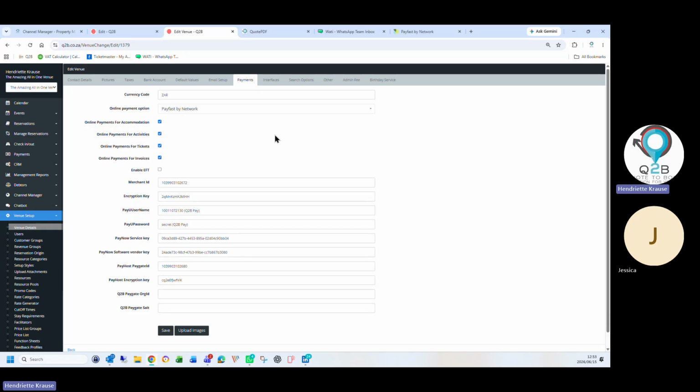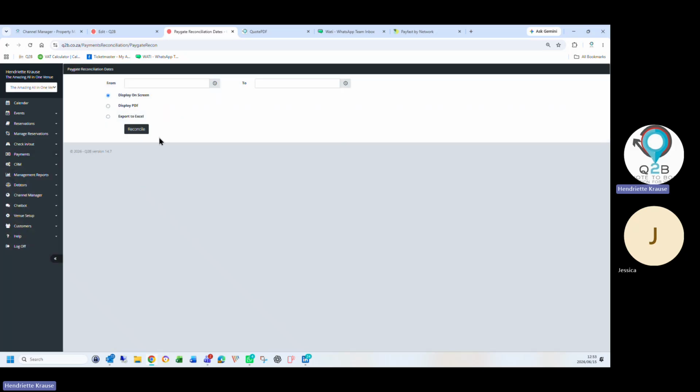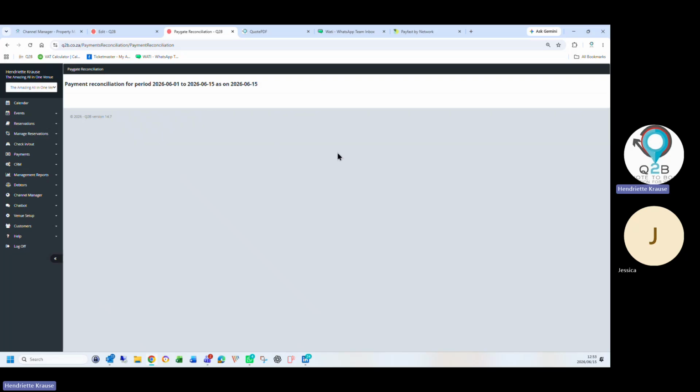With us, it goes directly from the bank to you. So our payments are much quicker to our clients. It's 24 hours, then you'll get the money in your bank account. It's not coming to us. Okay, cool. So directly from the bank, they will deposit it directly into your bank account. Then, of course, we keep a nice recon for you, so you can see all your online payments directly in Q2B. We reconcile it for you here, what's coming through your PayGate.